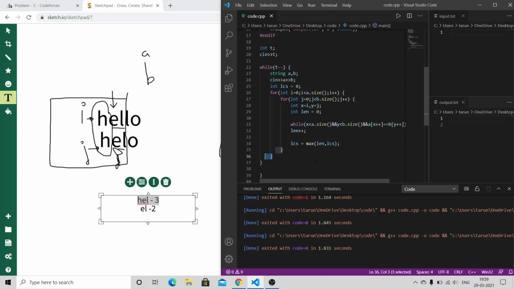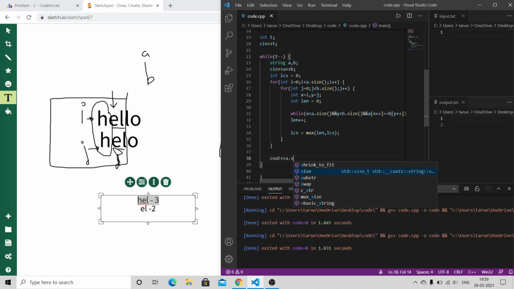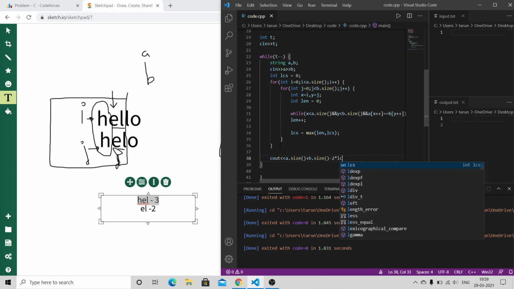So the output will be cout a dot size plus b dot size minus 2 times LCS.